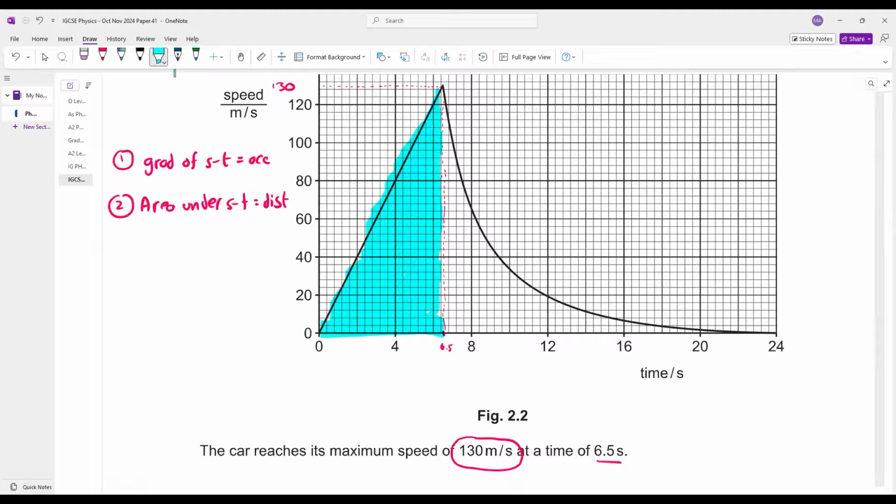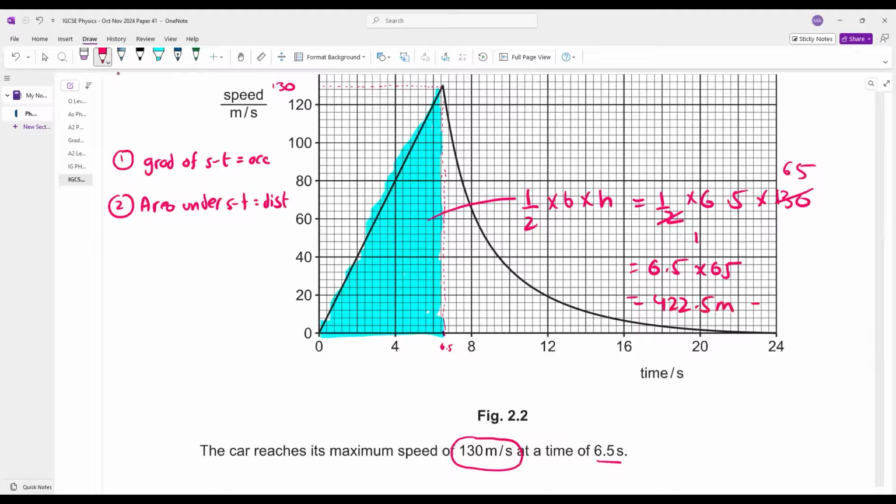Any geniuses in the chat? How will you calculate the area of this triangle? 1 upon 2 into base into height. What is the base? Base is 6.5. What is the height? Height is 130. This becomes 1, this becomes 65. What does your answer come out to be? 6.5 into 65. The answer for area, 6.5 into 65, comes out to be